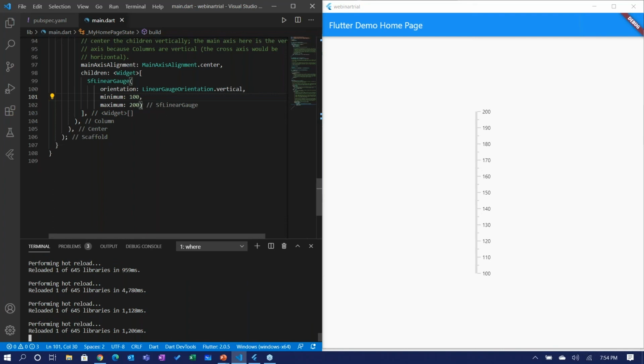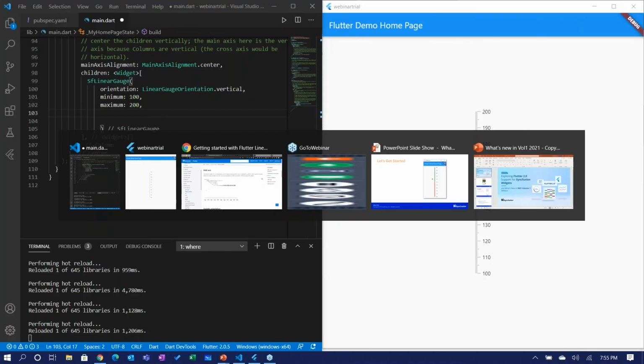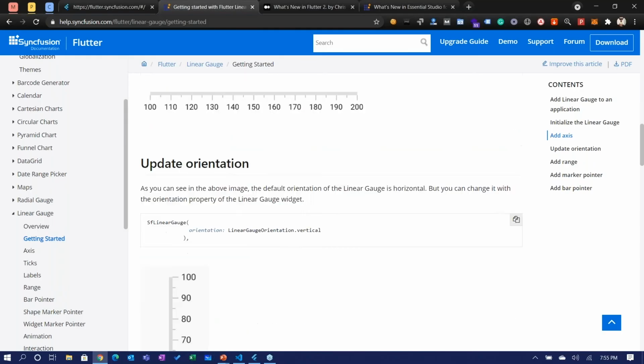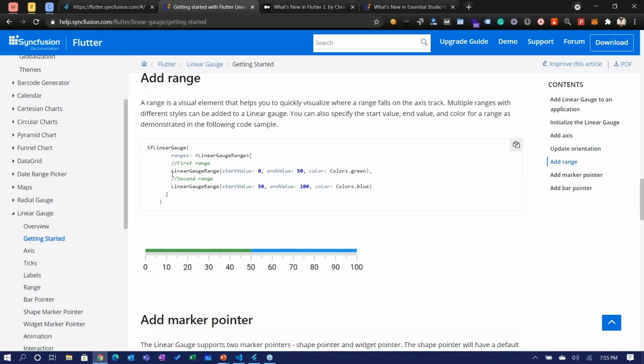Now let us see how to add a pointer and provide a value for that. To do that, let me set some range first. So I'm going to set the axis range.